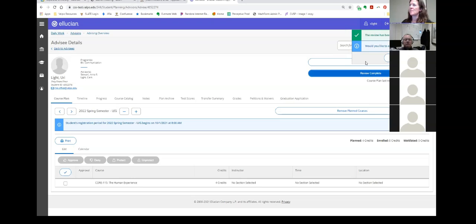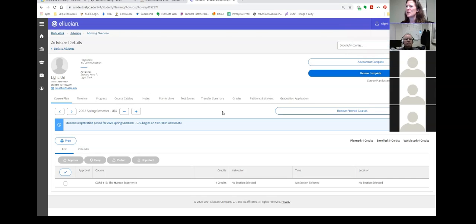But when you do review complete, after it toggles, it marks it complete, but then it also asks if you'd like to archive the course plan. So if, as a freshman, let's say you've worked out an entire 4-year plan with the student, they can go in and change that anytime. So you could do it this afternoon, and they could go in tonight and completely change it around. But if you've archived the plan, that saves a copy. So you have that copy based on that conversation that you can refer back to. So I would recommend doing that probably at least once a year, and especially anytime that you make a major change to the student's plan, or you've done significant planning to save that.